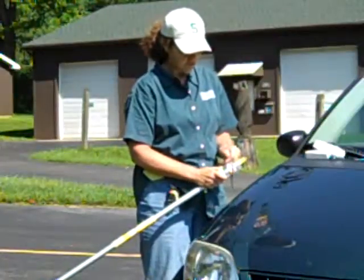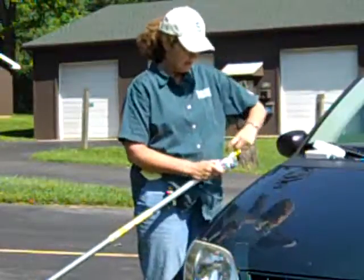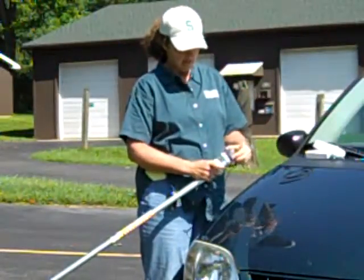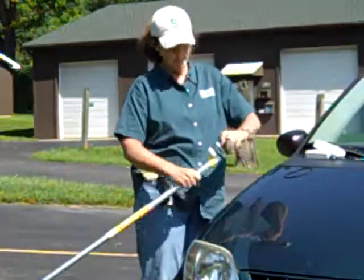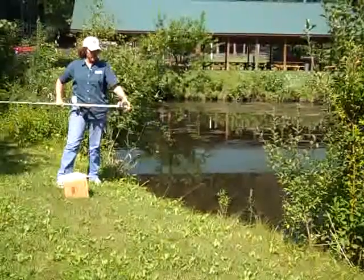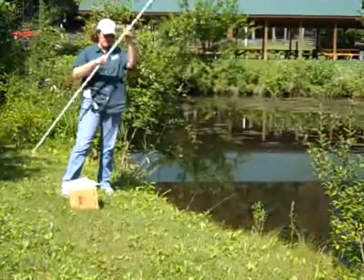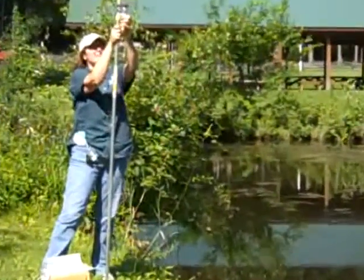In a pond situation, the water's not moving. You can dip this bottle in, it'll come right out, and then it should be fine with a few rubber bands. If you're sampling from a stream, though, and the water is moving fast, then you could lose your bottle. I've put about 3 or 4 of these big rubber bands on, and so we have our bottle attached to our extendo pole. The cap is still on to protect that bottle, and what I need to do now is to remove the cap carefully. The bottle's upside down, the cap